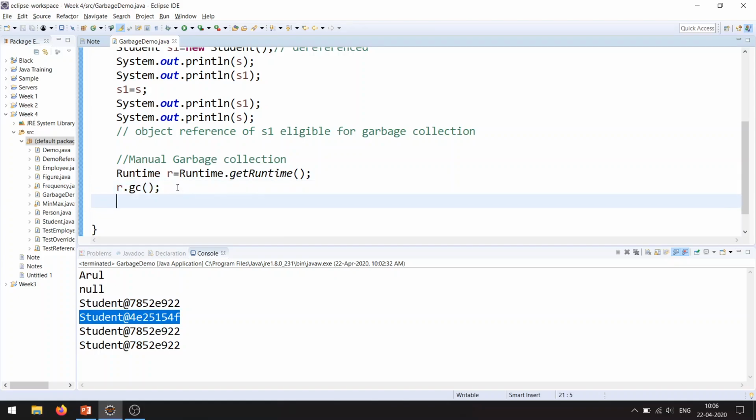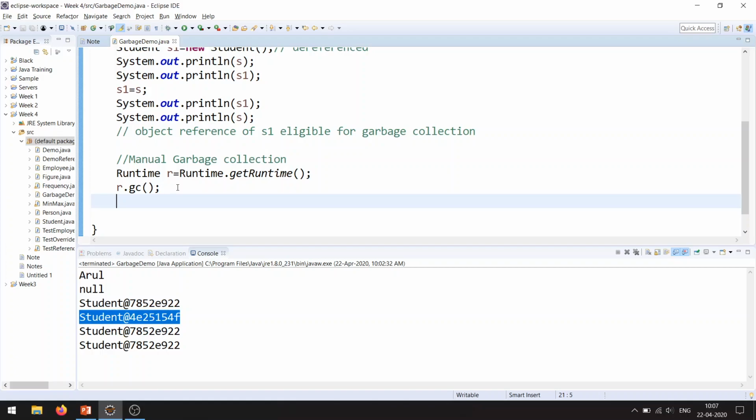So if you remember, during the Object class discussion, we discussed the method finalize, right? The finalize method will be invoked every time whenever an object is deleted from the memory.